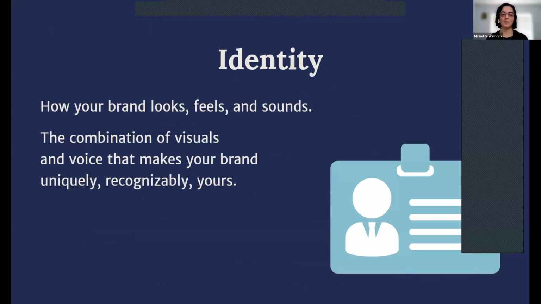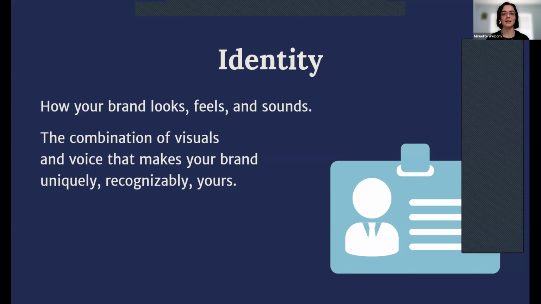So now we've come to the most important part of social media design, which is your identity. That is what all of your design is going to be centered around. Second is your message, because with your identity, you always want customers to be able to see who you are in every single post across all of your social media platforms. Your messaging comes second because your design should always serve the message you're trying to convey in whatever post you're making.